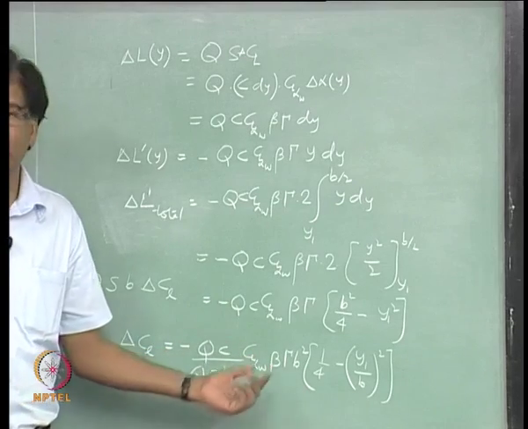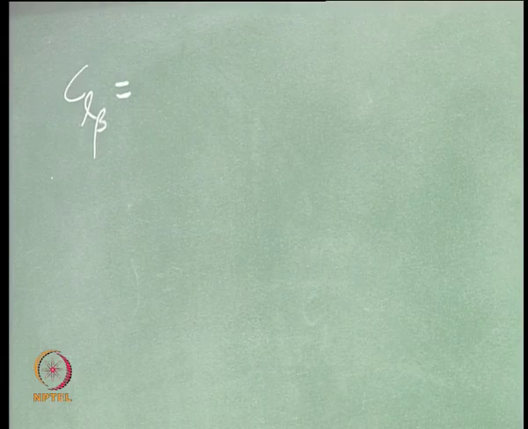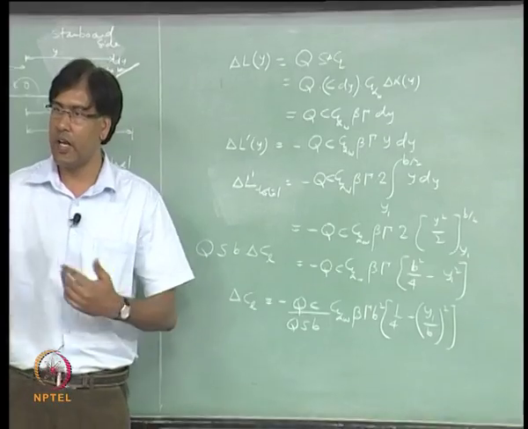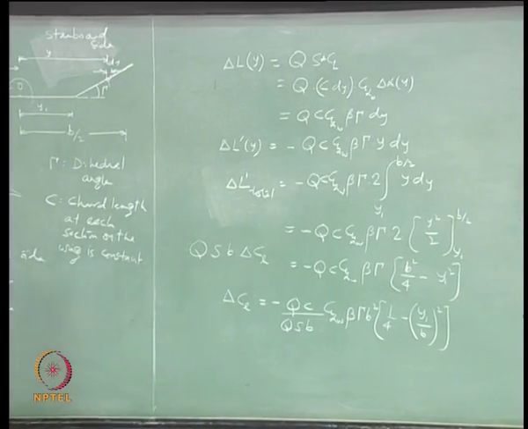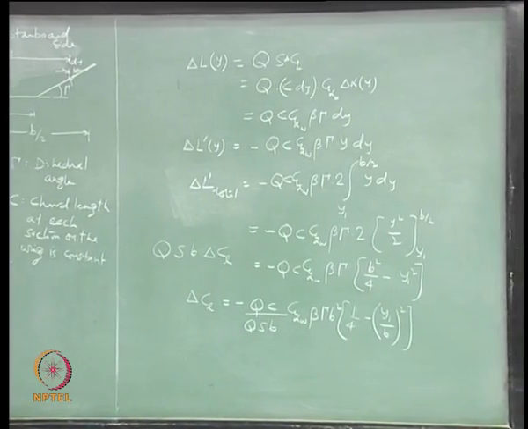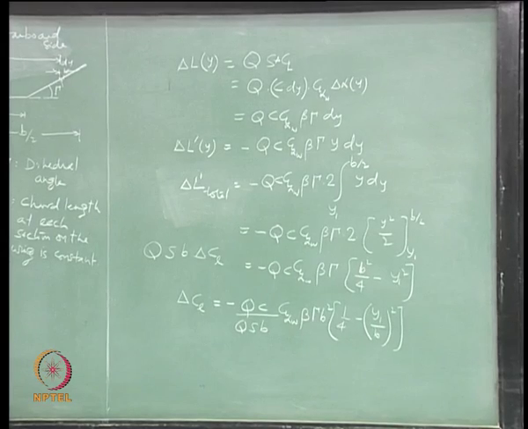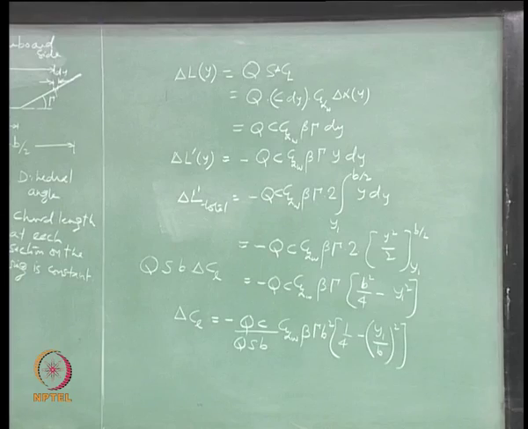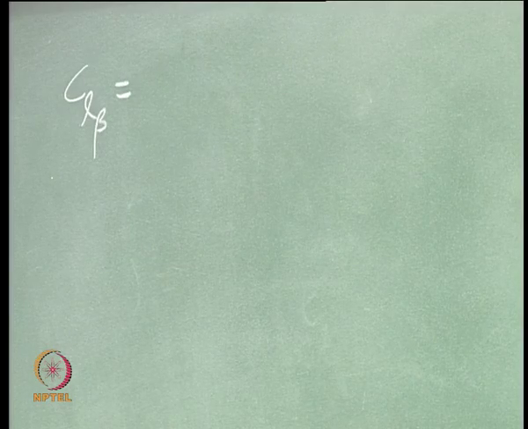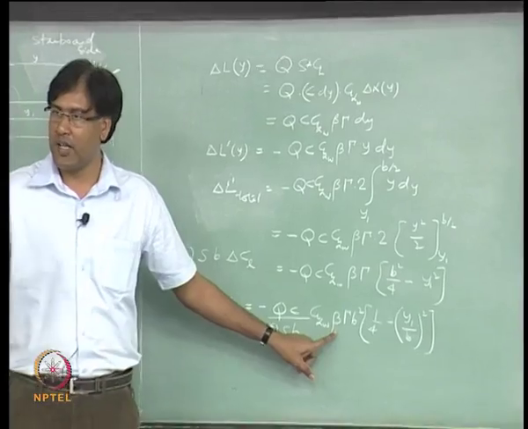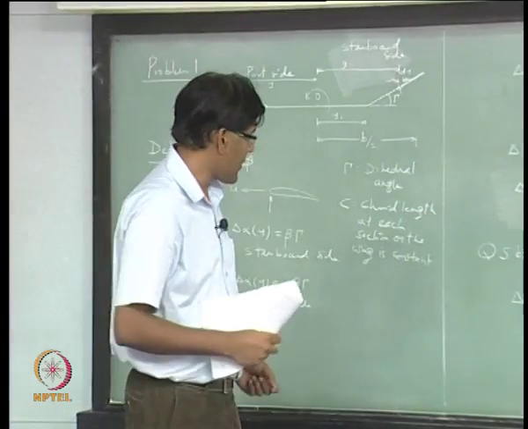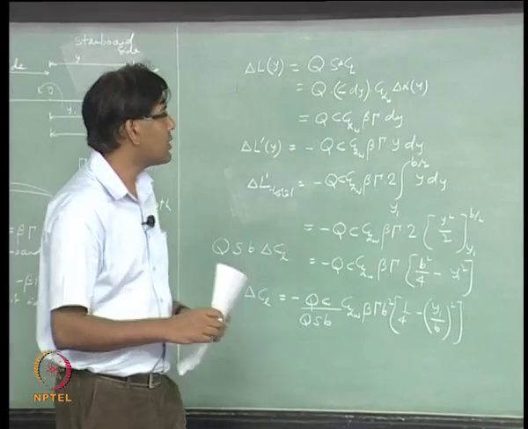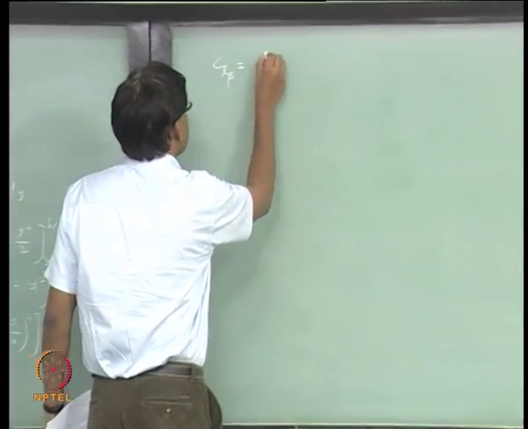Remember that we are measuring this beta from the 0 condition. You can consider this beta as also delta beta, or no change in the side slip angle. We are flying level, and from the level condition your side slip angle is 0, and now we are talking about a disturbed situation when the side slip angle is positive. So we are measuring this beta from that 0 beta condition, so we can take this also as delta beta. So, what you get here is